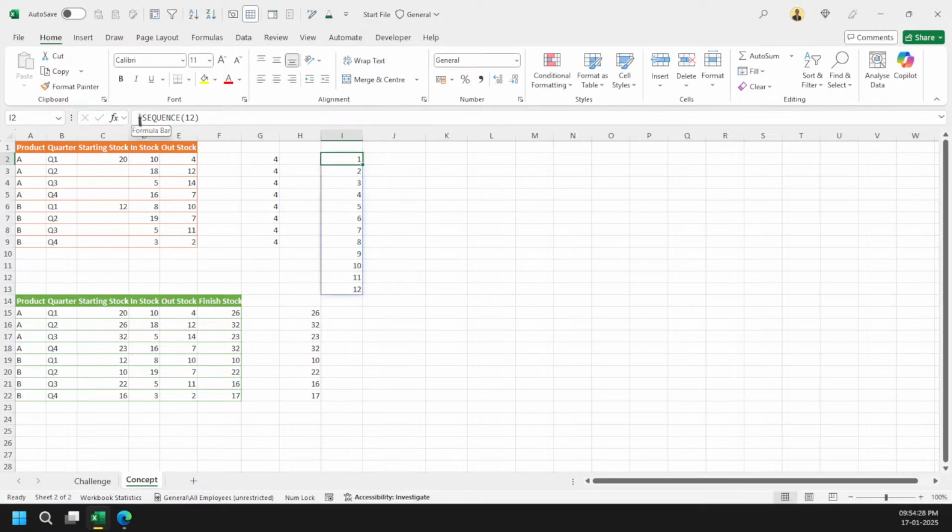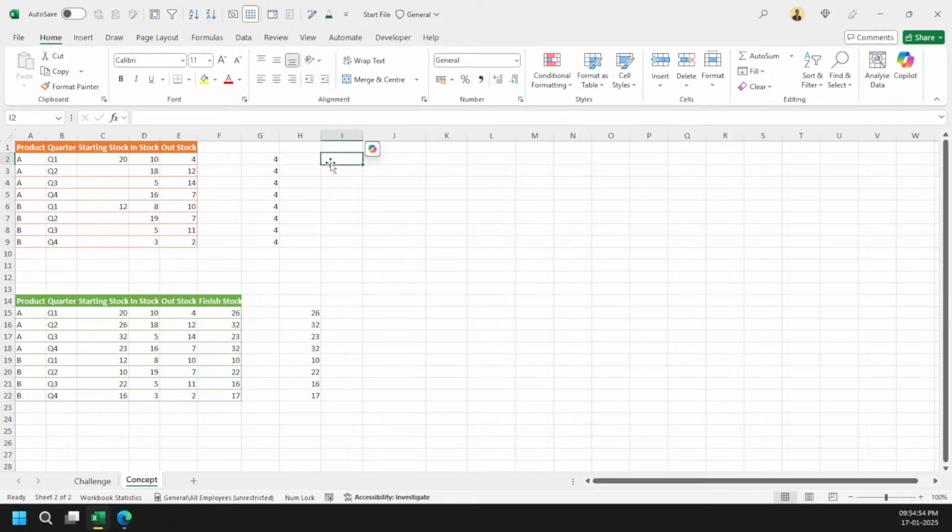But the moment I press the @ here, it will just give me 1 value here. Got it? The simple reason is that SEQUENCE of 12 is an array, and the moment I press @ in front of it, it will just pick up the first value. Got it? So that's the logic here.